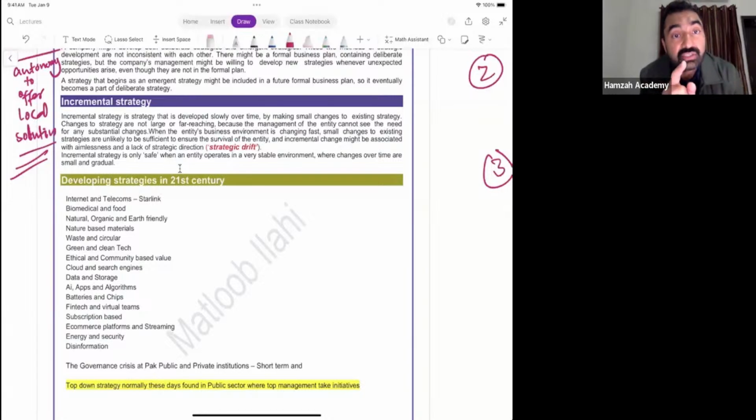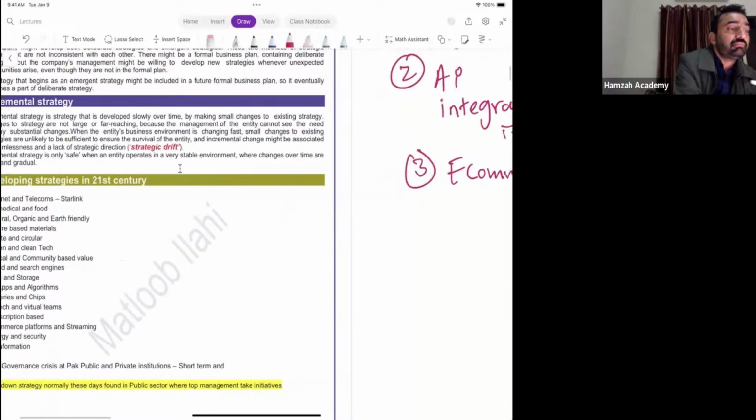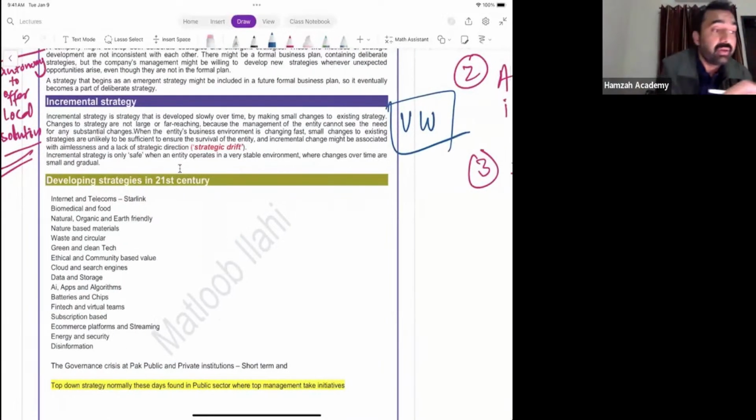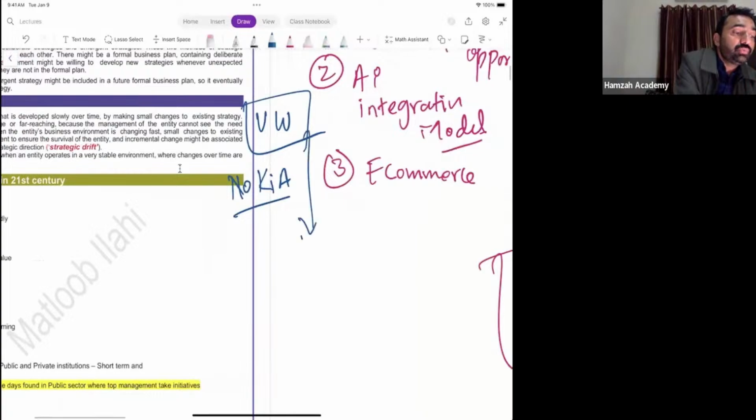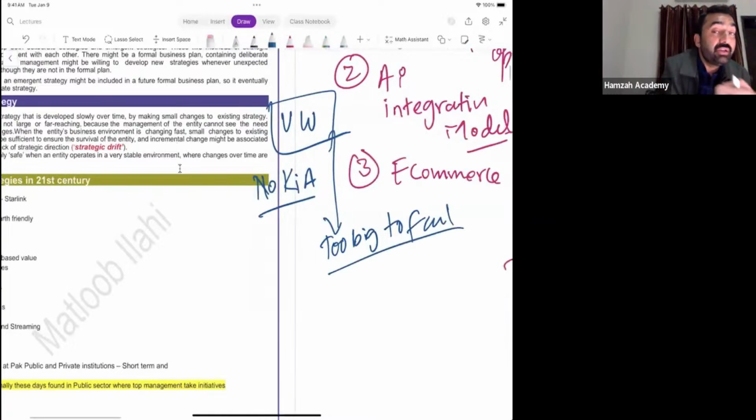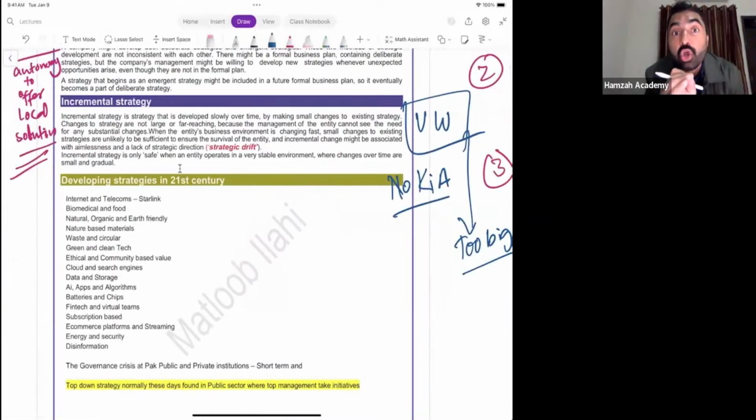And you would be amazed that the latest victim of incremental strategy is no other than Volkswagen. I am not giving you the example of Nokia, okay, because now Volkswagen appears to be the new Nokia. Volkswagen is too big to fail. The reason is that Volkswagen is too big, so it is not able to make fast changes,